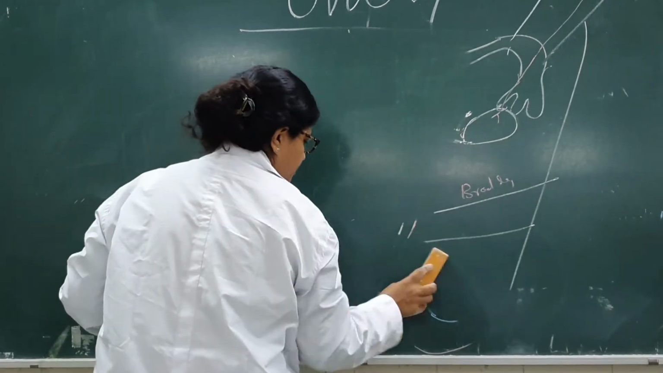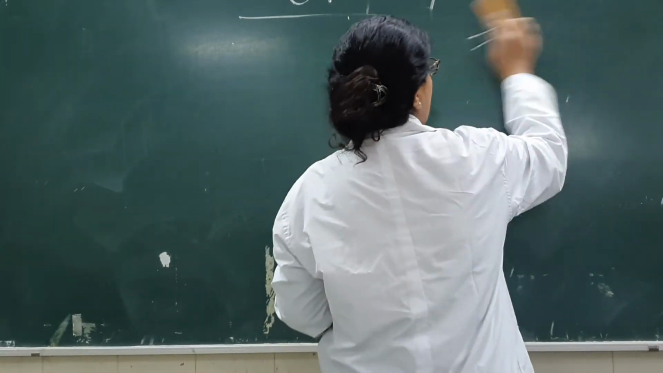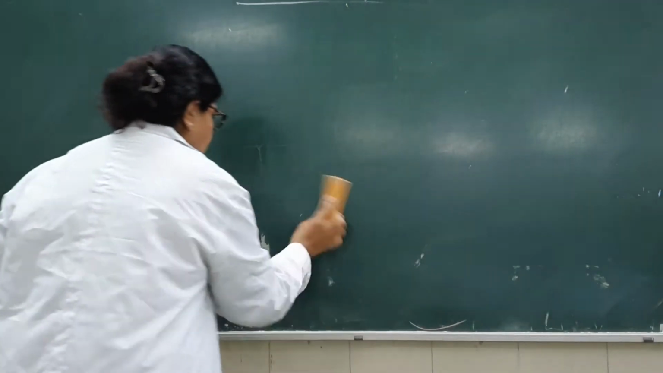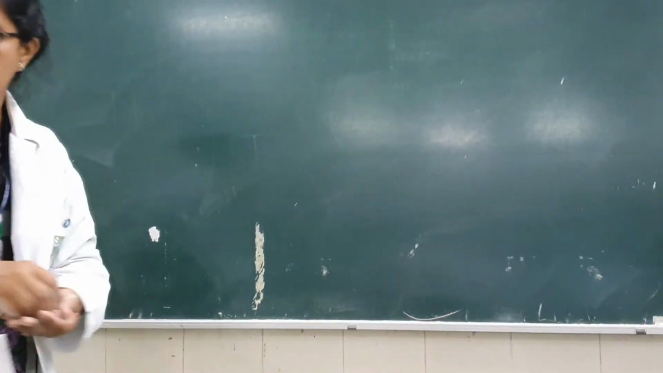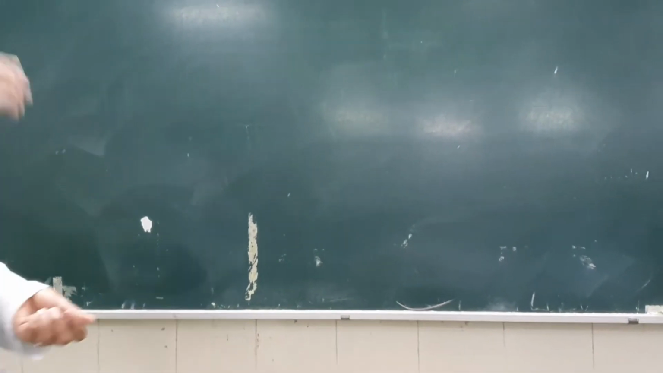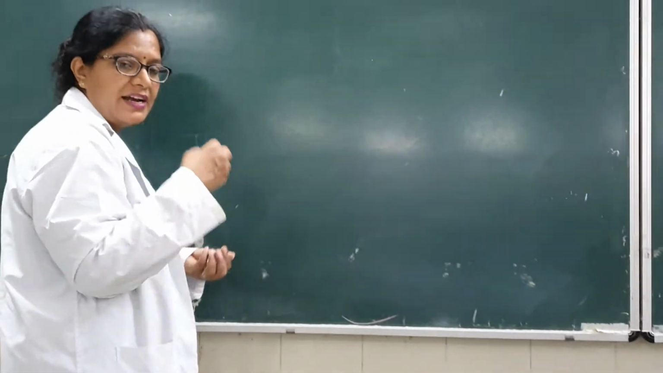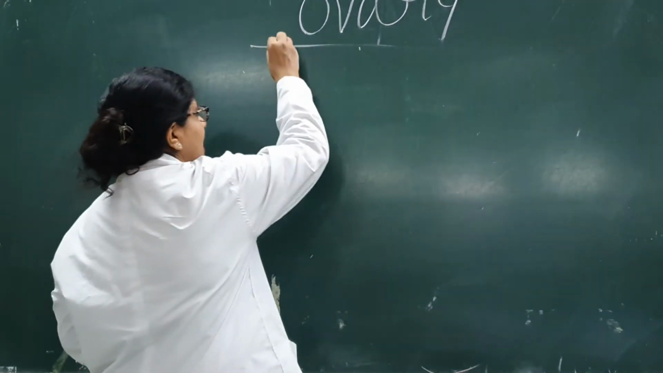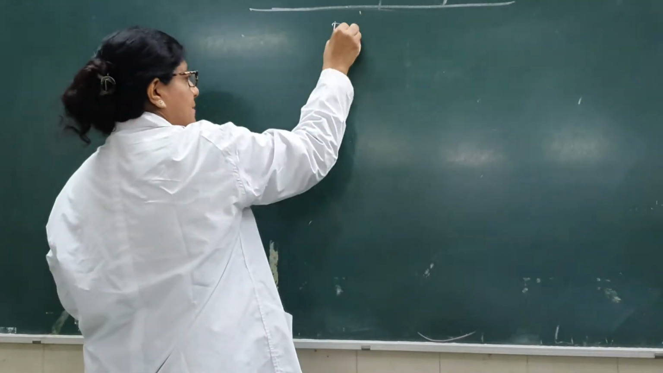diagrammatic representation. Now we will have to learn about the blood supply. So what is the blood supply? This is the concept which you have to understand, and nothing much in that. Now coming to the blood